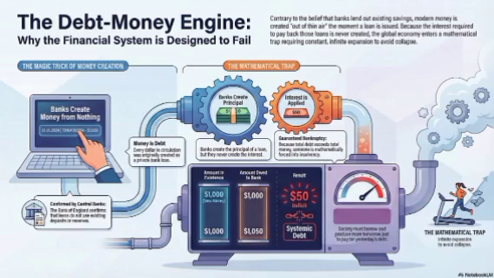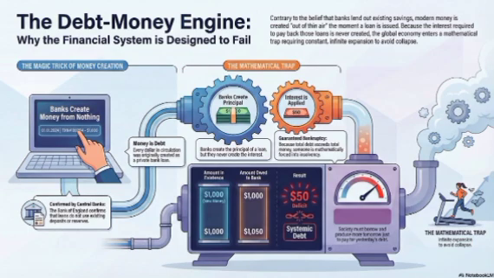But today, our mission is to look at the foundational source code of that architecture. We're going right into the plumbing. We are going into the actual plumbing of how a dollar, a euro, or a pound comes into existence. We're going to completely dismantle the conventional wisdom about what money actually is. And frankly, why understanding this completely changes how you view the world. It really does. Because economics usually feels